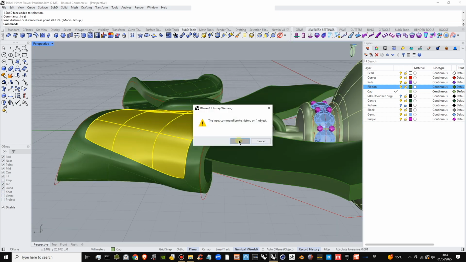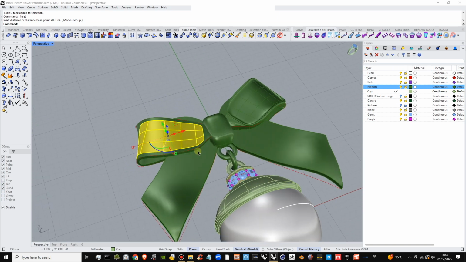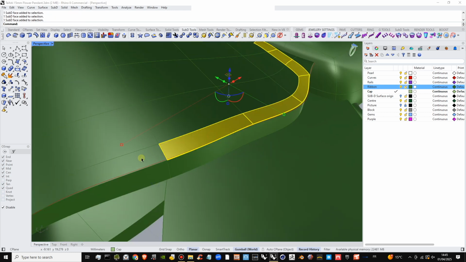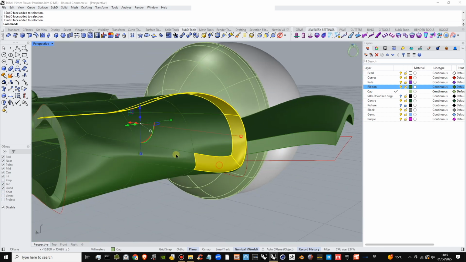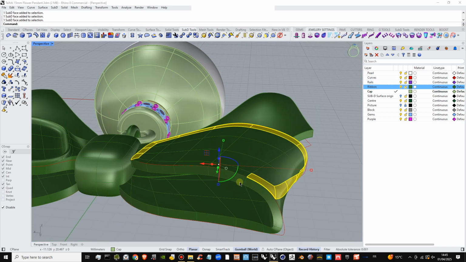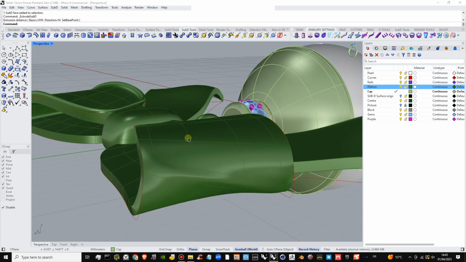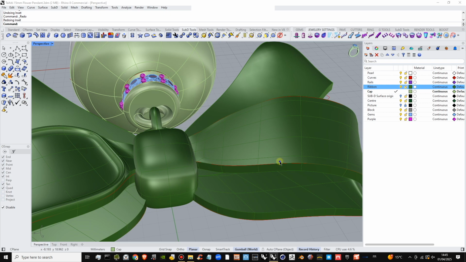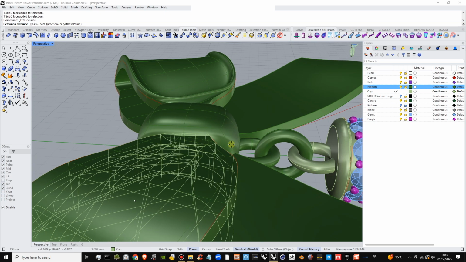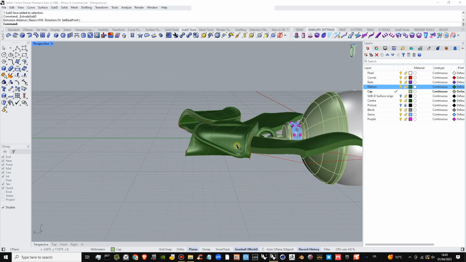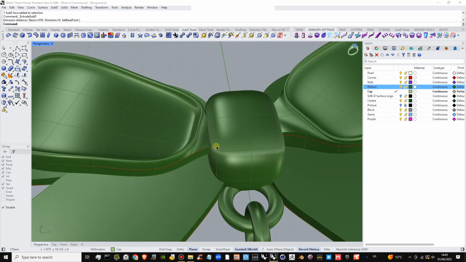It's already the right amount. And now I'm going to choose the surface just around it, that is framing them. And we're going to do the same thing with an extrude. I'm just going to hit the extrude. Because it doesn't need to be too high, 0.3 is good. Okay, and then again bring